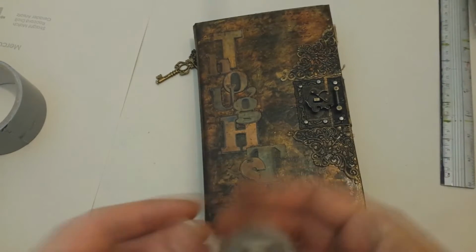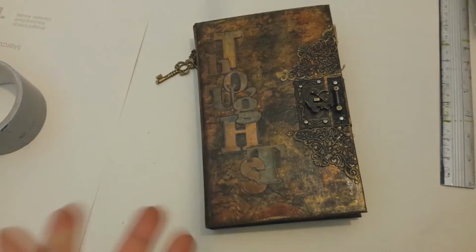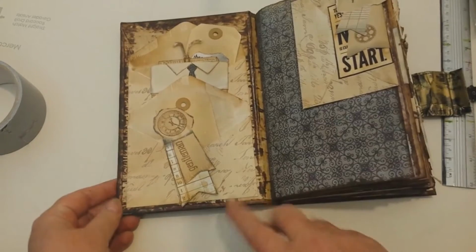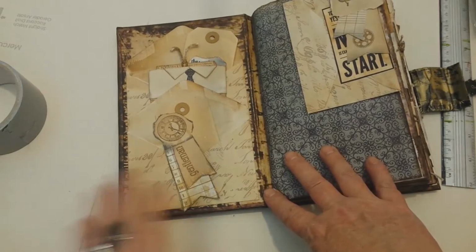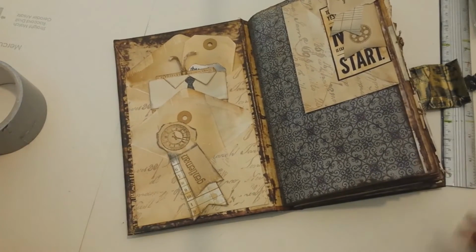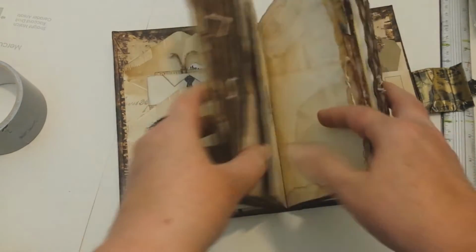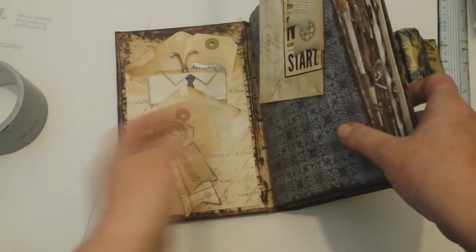Love it. I bought it, I don't know where, on Wish, eBay, I don't remember. So I used the cover, and on the back I use just the coffee dyed paper, and after I use the vintage photo ink, and I make it very old looking. And we have 2 signatures in this book, which I sewed with